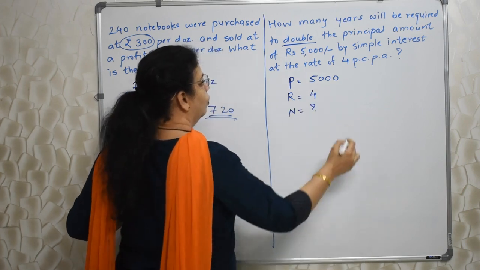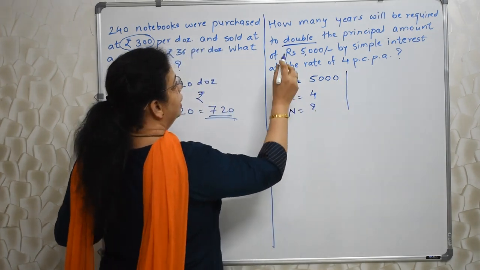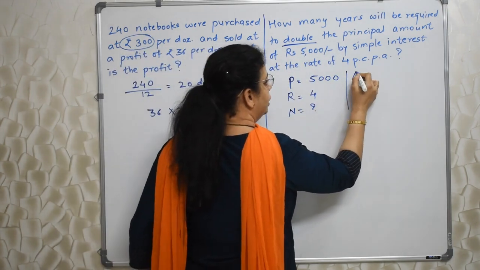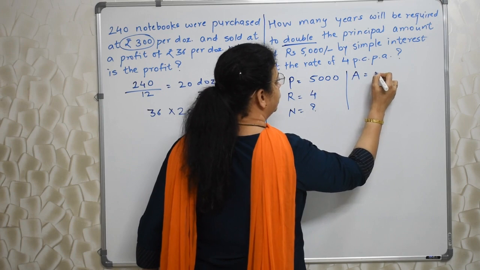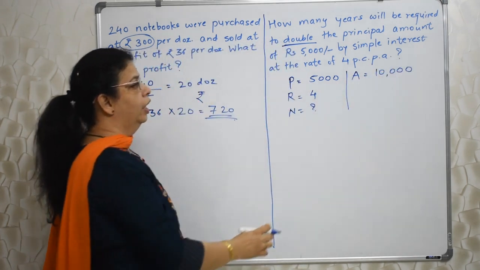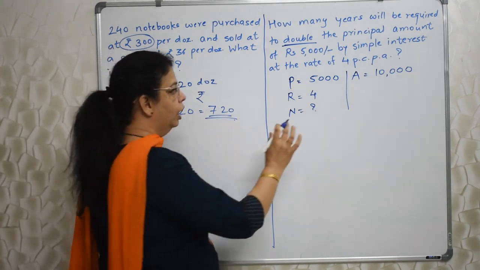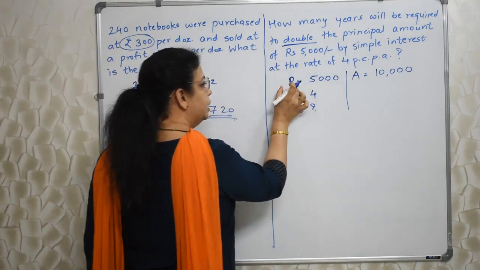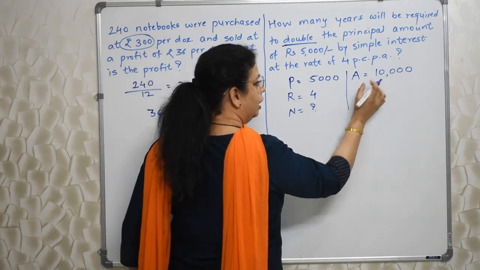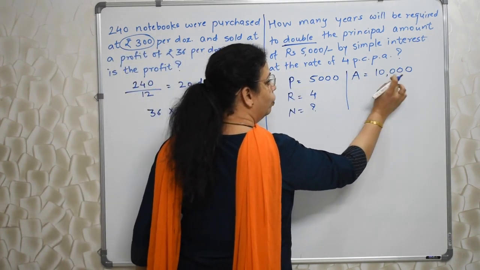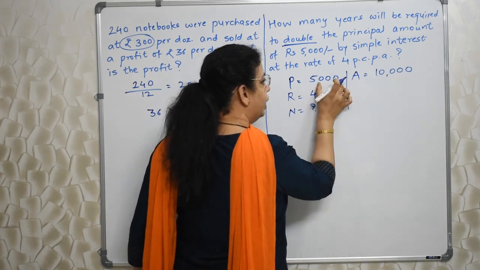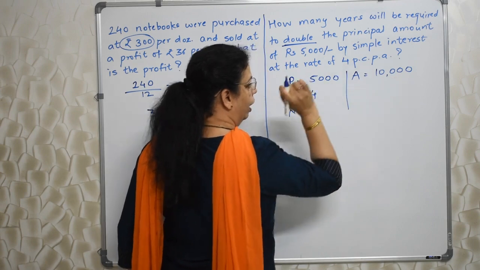And they are asking. Okay. What else have they given? They are saying this principal will be double. Principal will be double means 5,000 का 10,000 हो जाएगा. Double हो जाएगा. Total money means amount. Principal is the initial amount. P will become double. That double thing is known as amount. So amount is 10,000. Double हो गया. क्यों डबल हो गया? इसमें क्या ऐड हो गया? उसके लिए ये अमाउंट हो गया इंटरेस्ट.